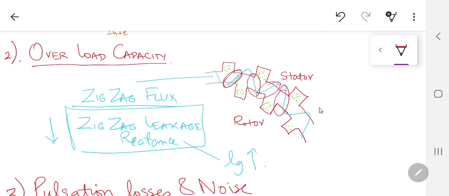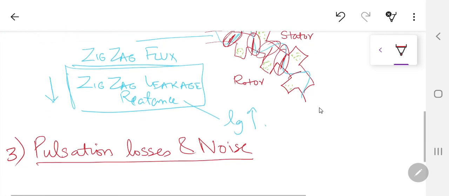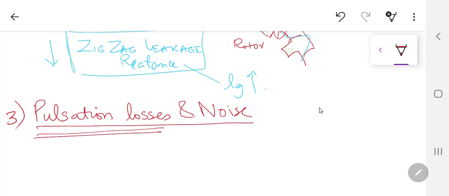So what is happening is, the torque which is going to be applied on the rotor because of that flux available inside the air gap is going to have a pulsation effect, which means it's going to have pulses here, here, at this point, at this point. It's not a uniform field. It is having some pulsation, so you are going to have some pulsation losses. The torque produced is not going to be a linear torque, it's not going to be an average torque. It's actually going to be comprised of some jerks. Those jerks are going to give rise to a lot of pulsation losses, and it's also going to produce some noise.